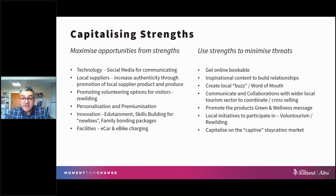In terms of being able to minimize threats, certainly because we're talking about maybe local audiences, it's being able to get that word of mouth, that local buzz to get out, so that you can get referrals in the local area. There's the promotion of wellness and responsible tourism, which is a major push at the moment, certainly